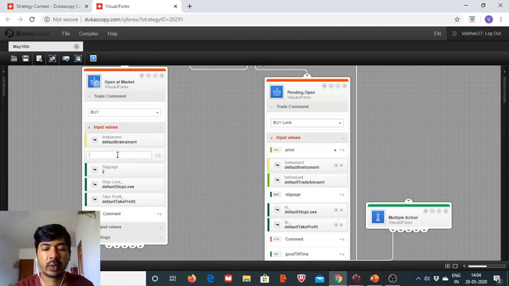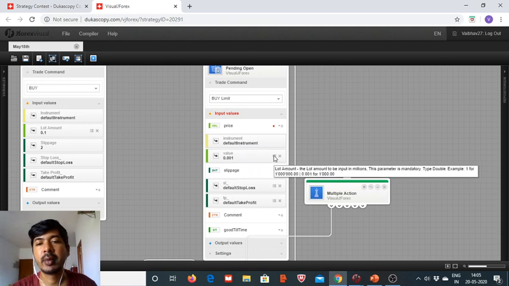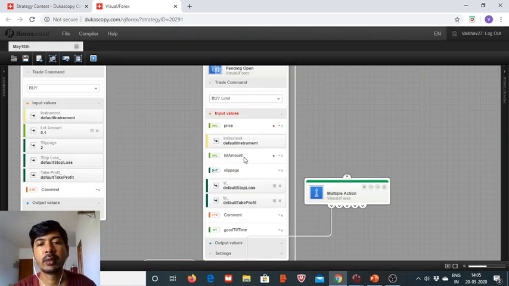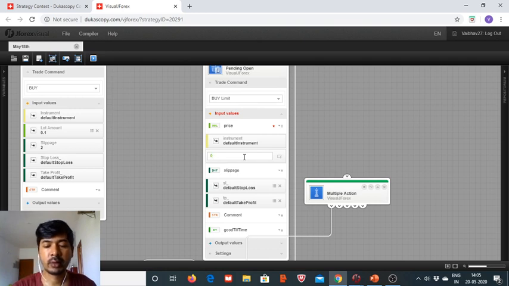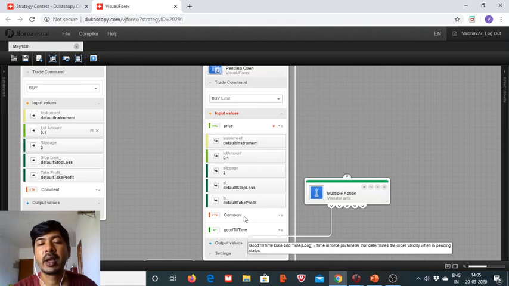Let us, for example, keep it at 0.1 million. The price will need calculation, and the trade amount we will keep equal to 0.1 million. Slippage will be 2 pips, and for order validity time,